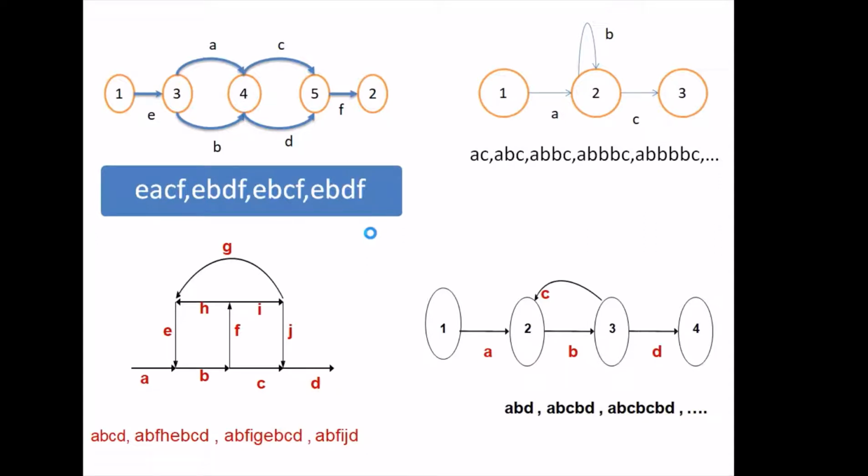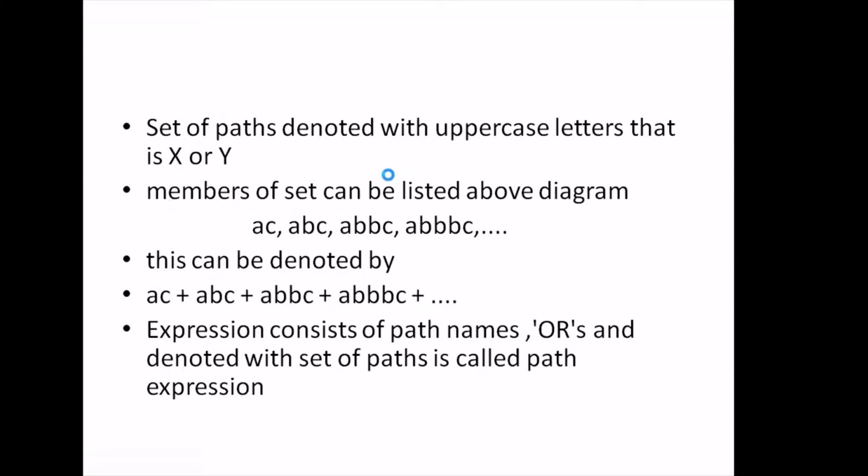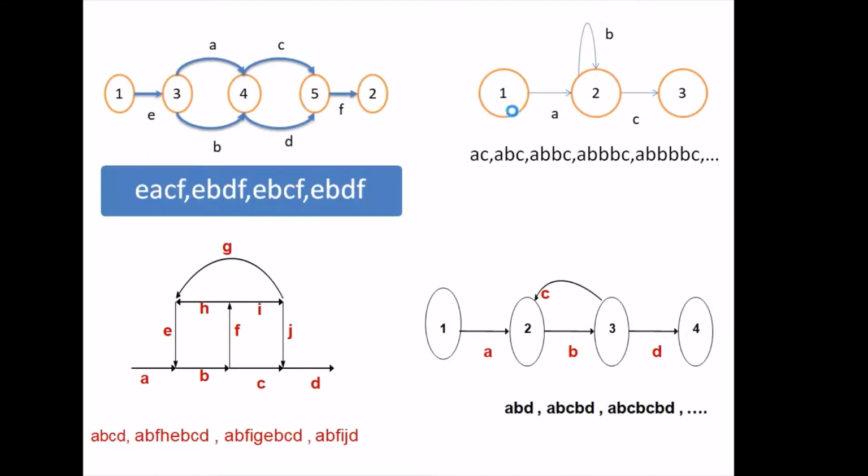So based on these examples, if you are looking, here is a set of paths denoted with uppercase letters, that is X or Y, which are capital letters. Members of the set can be listed above the diagram. So here, if you see the above diagram, we have represented nodes with circles and links with arrows,